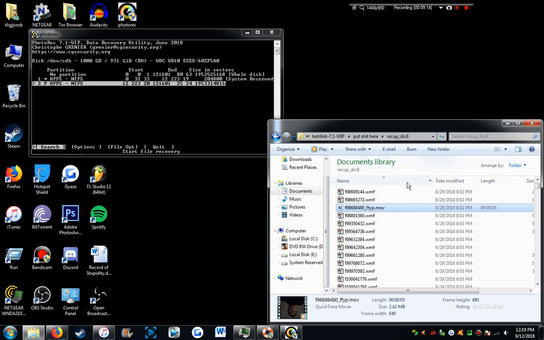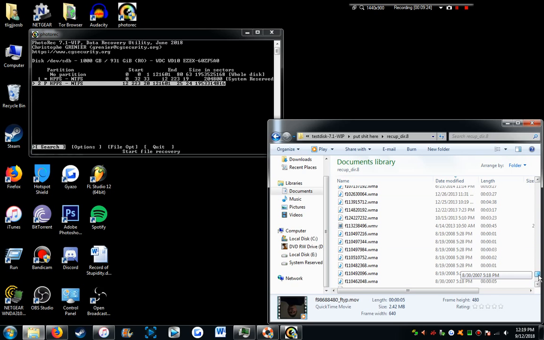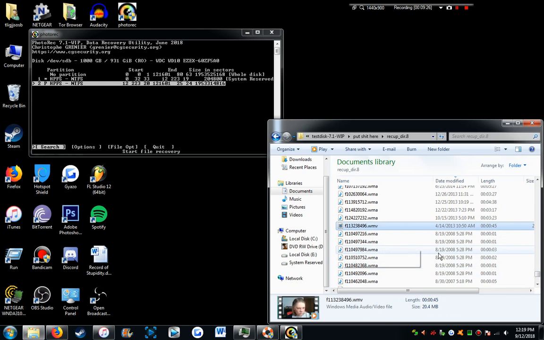Now, with TestDisk, some of the files will retain their metadata, but some of them won't. As you can see, a lot of these are just from the same time that it was actually taken off the hard drive. But some files are actually going to retain their metadata, and like this one, this was